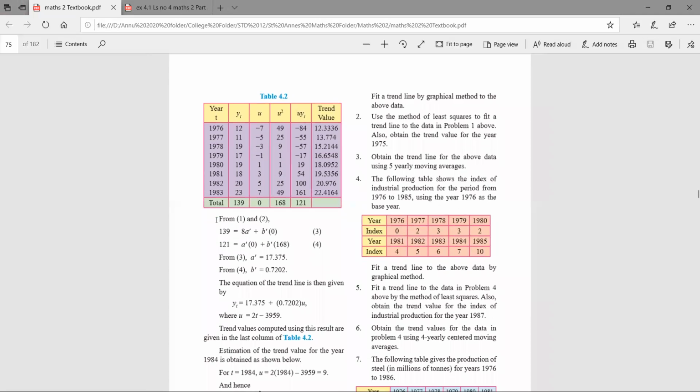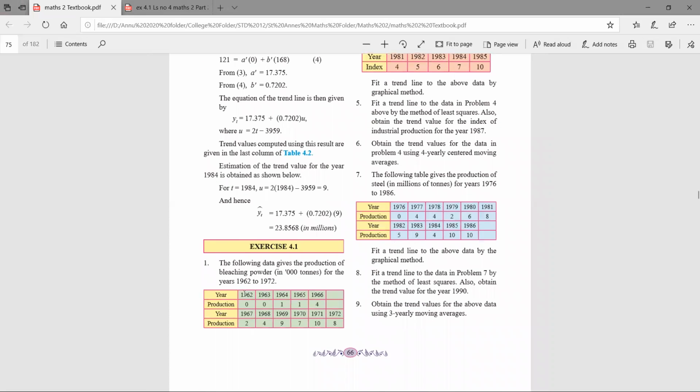Now, once you're ready with the outline, the blueprint, as you can say, your border is ready, now you can start plotting the points. As you can see, class, I've plotted these points, which are not very difficult to plot. I'll explain how to plot. It's really quite easy. For the year 1962, the very first value is 0. For 1963, the value is 0. For 1964, the value is 1. For 1965, again the value is 1. For 1966, the value is 4, and so on.